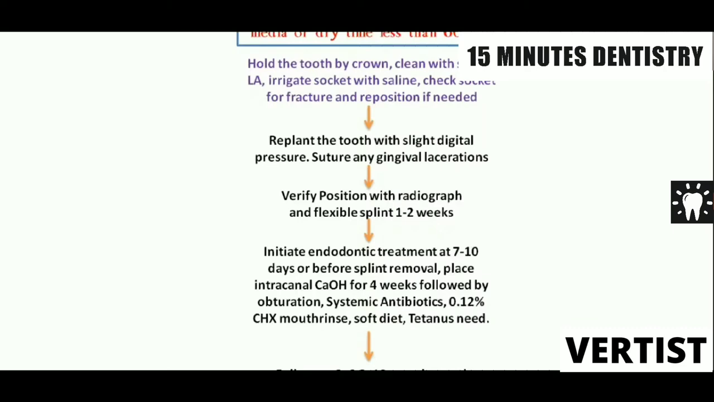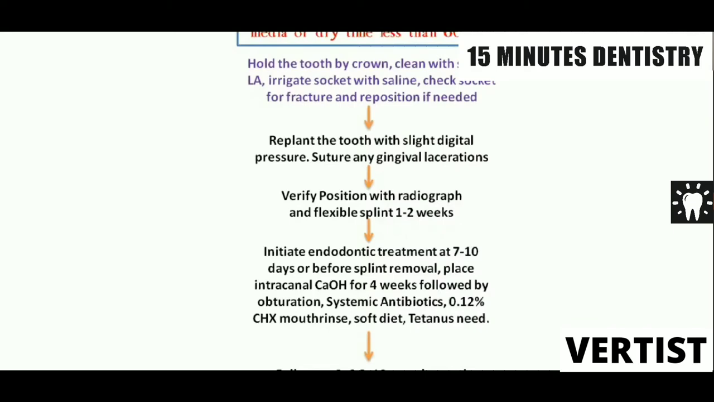irrigate the socket with saline to remove the coagulum, and you have to check the socket because the socket with an avulsed tooth might have a fracture of the alveolar wall. If the fracture of the alveolar wall is there, you need to reposition the alveolar bones because if you do not do that, replantation of that avulsed tooth would not be possible. So after repositioning, in case it is needed, of the alveolar walls, try to reposition the tooth with slight digital